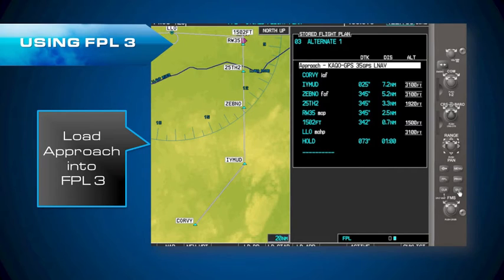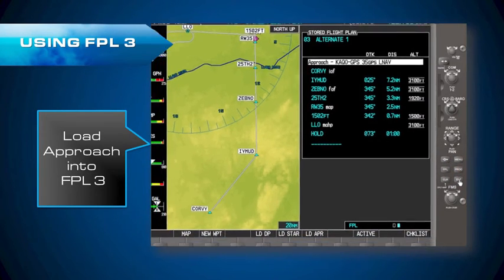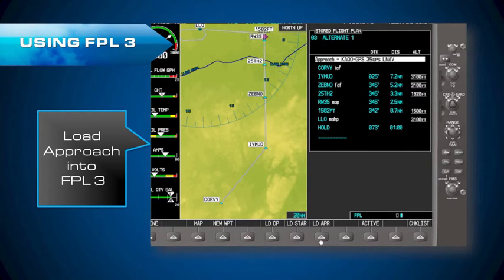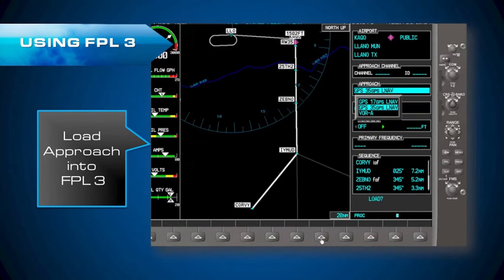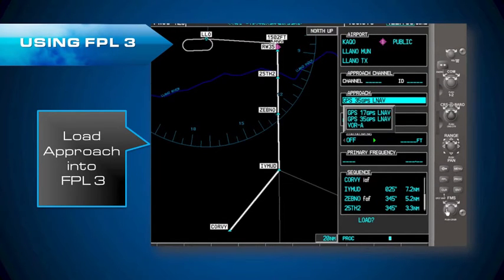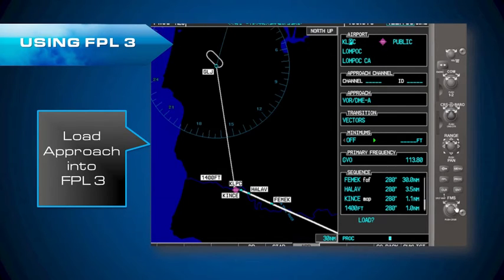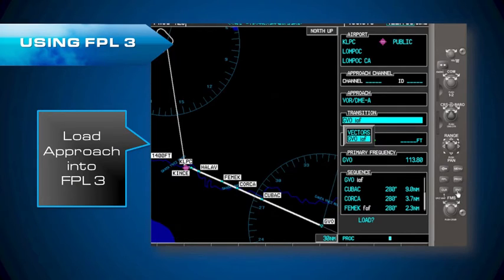So all I need to do here to change it is make sure that I don't use the procedure button. To put the alternate approach in, what I'm going to do is come on down and use the load approach soft key. Now what I'm going to do is just turn the cursor off or hit the clear button, and I'll simply scroll up to the top, change the name from Llano, Texas, which is AQO, to my alternate, which is LPC, Lompoc. Then I'll press enter, come on down, choose the transition of Gaviota, and notice the G1000 only gives me